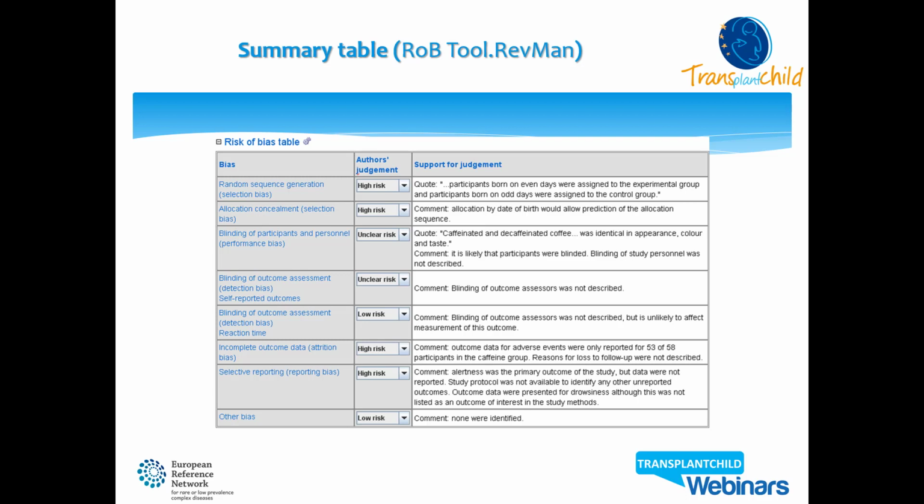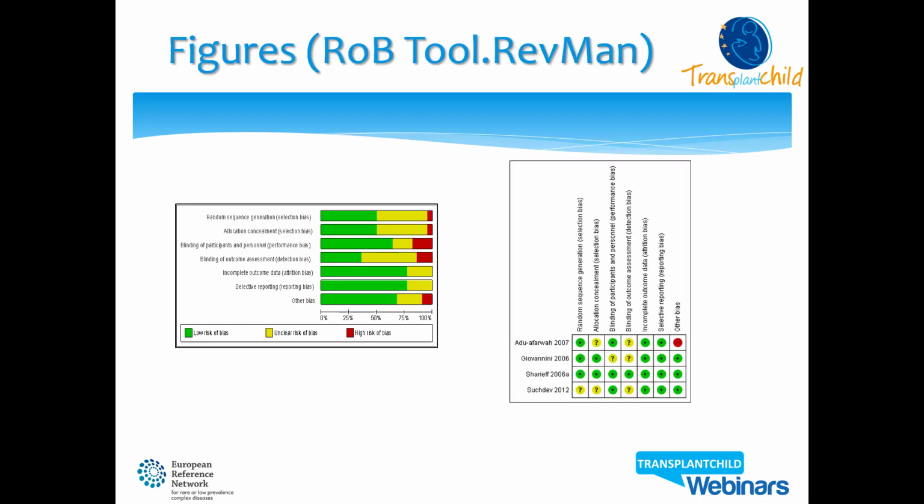As I mentioned before, you can say quote, columns, and then put the exact words taken from the article, or you can make a comment. In this case, you write down comment columns and you can make your comment. In terms of